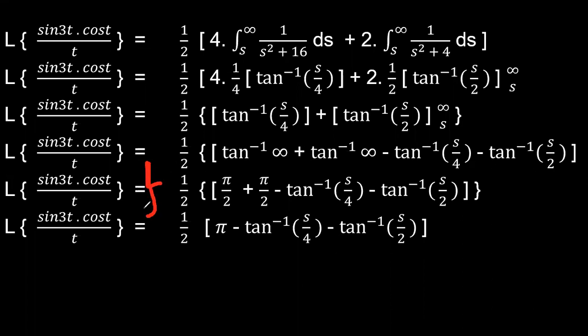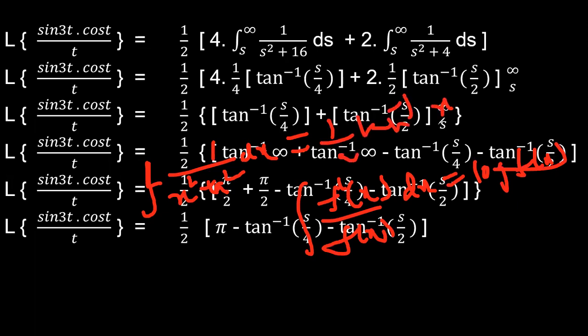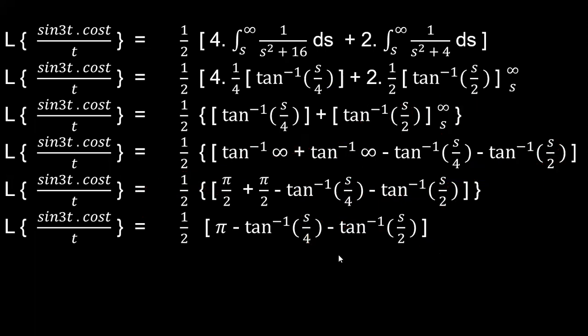That is integration of 1 by x square plus a square. Either you will have the form of this type, or integration of f dash x by f of x. Okay. So this is given as log f of x type. This can be given as 1 by a tan inverse of x by a. Either you can have of this type or of this type. So you can check carefully whenever you are doing this problem.